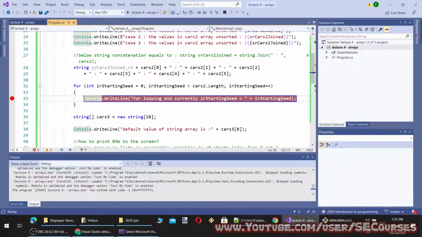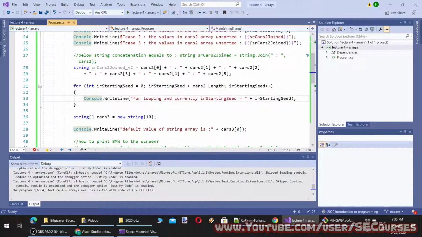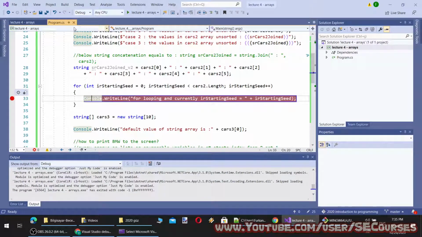Let's not spend more time on this. When the starting seed becomes 6, the loop will end and it will not continue. Okay, but I wanted to show you that. I'll try again.